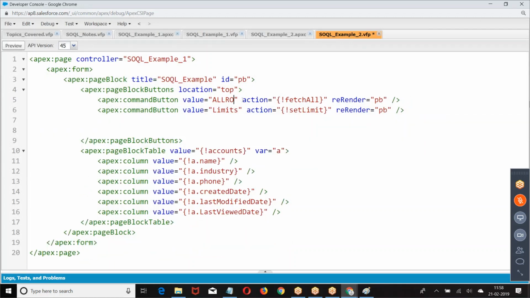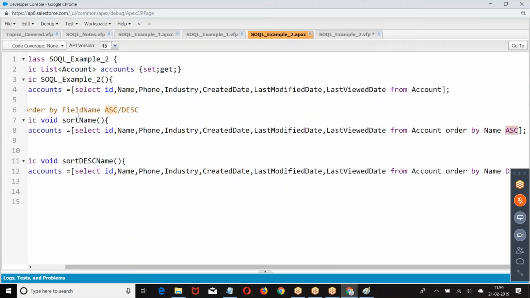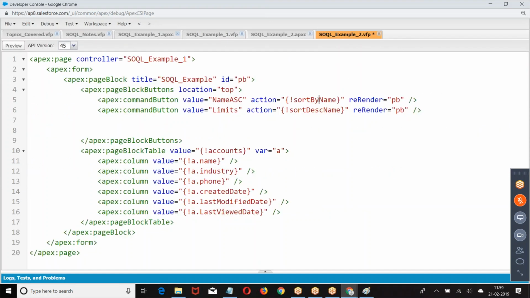So here we have ascending order. Sort by name. This is what we got.